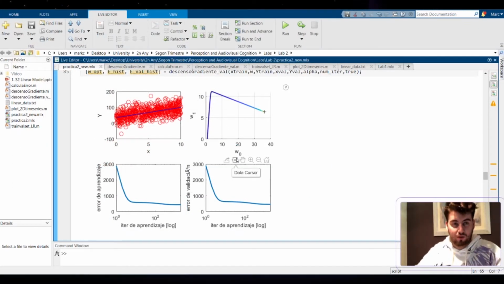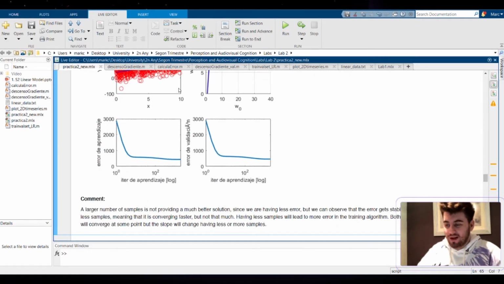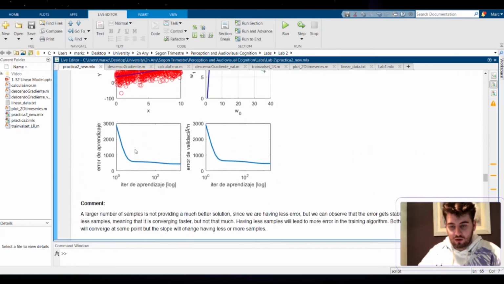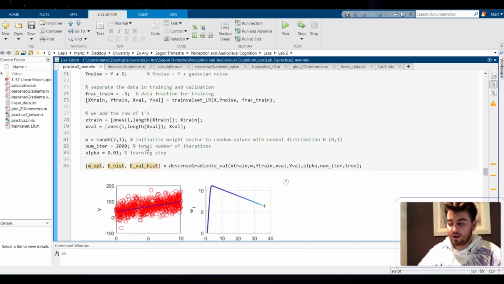All right, for section 1.5, we are asked if we find a better solution when providing more samples. We think that we're not providing a much better solution. It can be a bit better, but not that much. We can observe that the error gets stabilized a bit faster than having fewer samples, meaning that it will converge faster. Here it converges a bit before than with fewer samples, but not that much. And when having fewer samples,